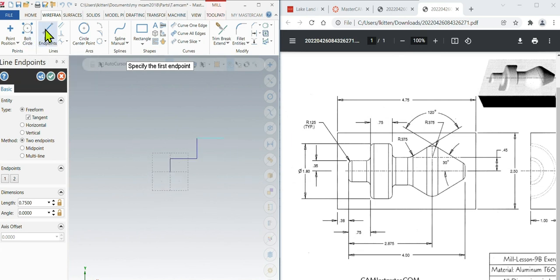Okay, now we're going to go down. So pick on that end again. And this gets a little bit tricky, so I'm going to let MasterCAM help me. We've done this in other classes, so you kind of learn how to do it. So hit space bar. We're still at 1.5, so we type 1.5. That's our X. It's easy to get your X and Y slipped here. Comma, and then we're at 0.9 minus